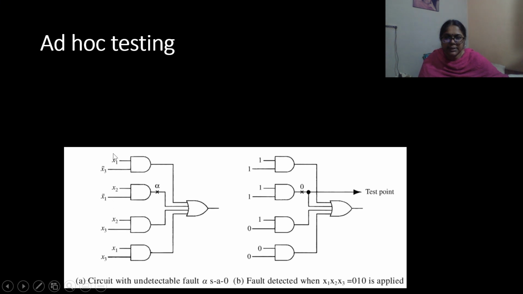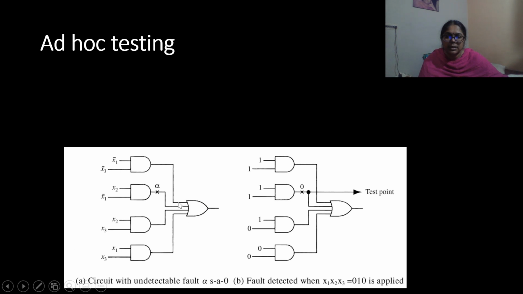So here in this particular circuit, stuck-at-0 is undetectable. When this particular output of the AND gate is stuck at 0, then if any one of the other AND gates' outputs is equal to 1, the OR gate output will be 1.